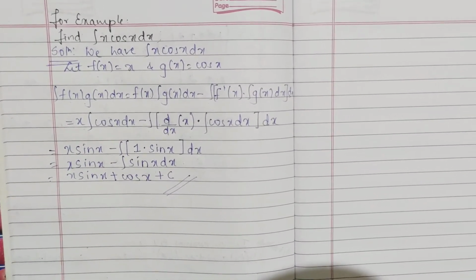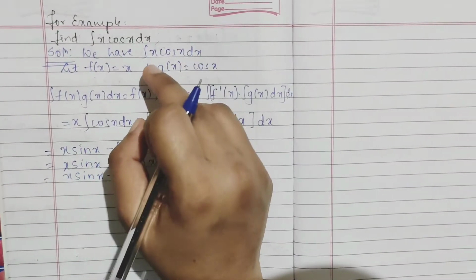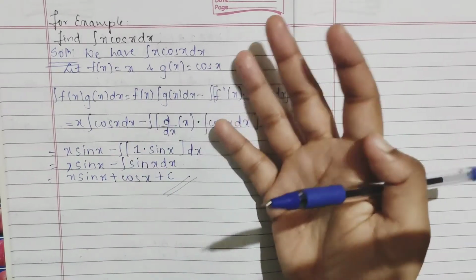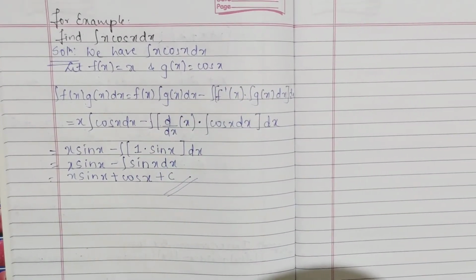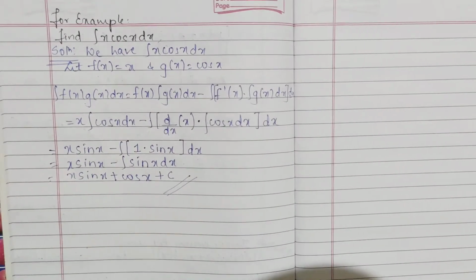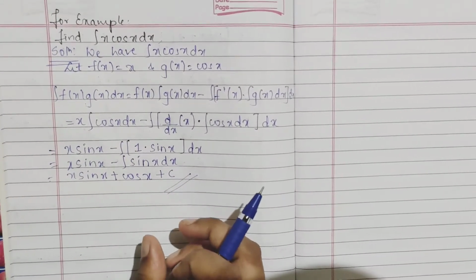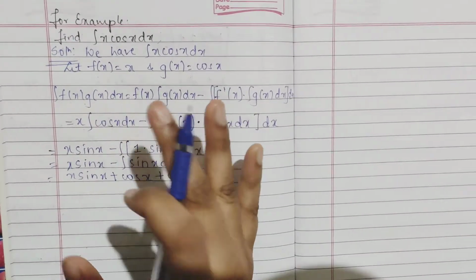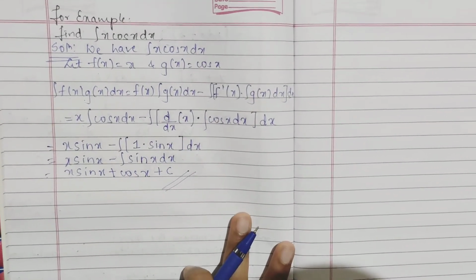But what we do when solving, preferably, if you have polynomials, terms like x or x square or 2x plus 3, whatever, take that part as your f of x. It will be very easy to do. And if inverse trigonometric functions or logarithmic functions are there, take that as your f of x. The remaining part you can take as g of x. Usually if you do it this way, it will be very good.